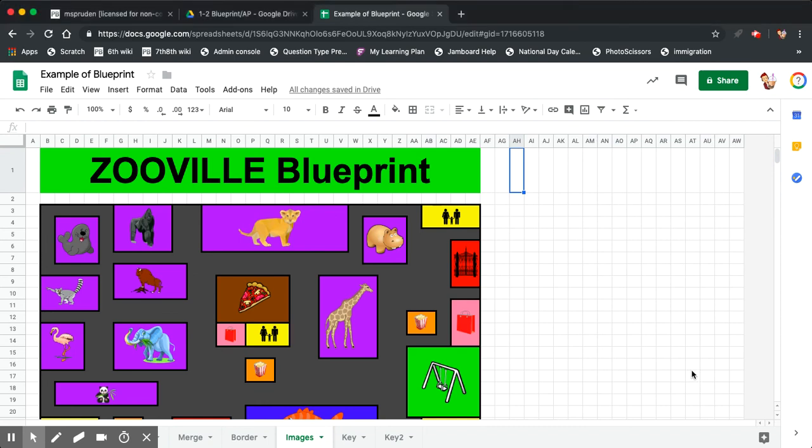In the last video, we finished our blueprint by adding images to all of our exhibits. In this video, I'm going to show you how to start creating your map key and legend. So your visitors, when they visit your zoo, can use the map key to figure out which each one of these images represent. So the first thing that we're going to do is we are going to go to cell